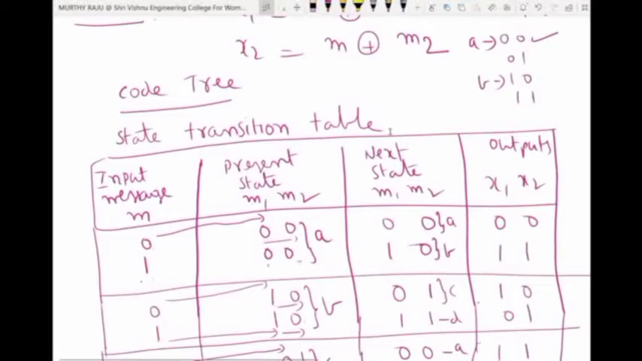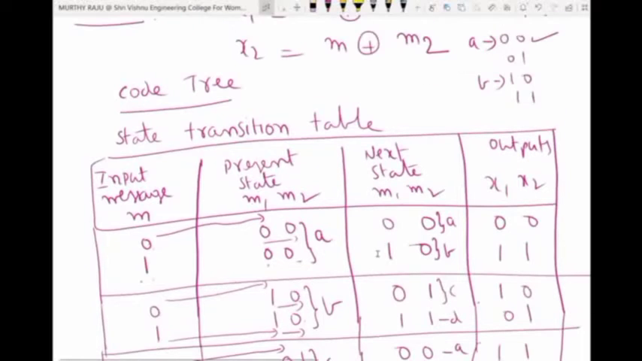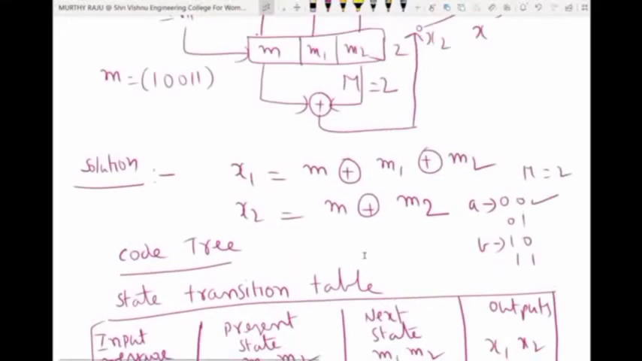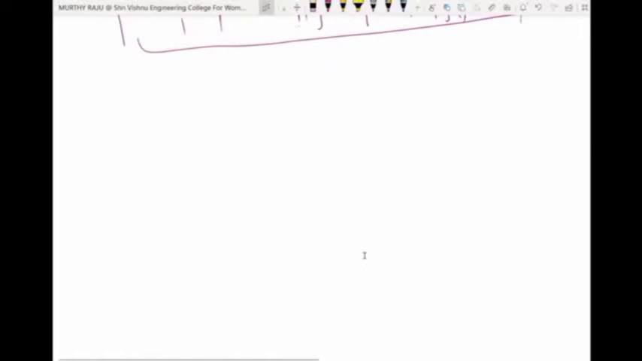This is the state transition table. That means present state is shifted to next state with the outputs, and with input bit is either 0 or 1. The representations are shown in the state transition table. By using this, signal flow graphs, construct the